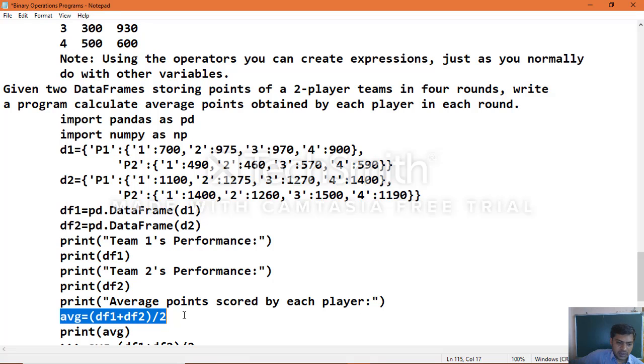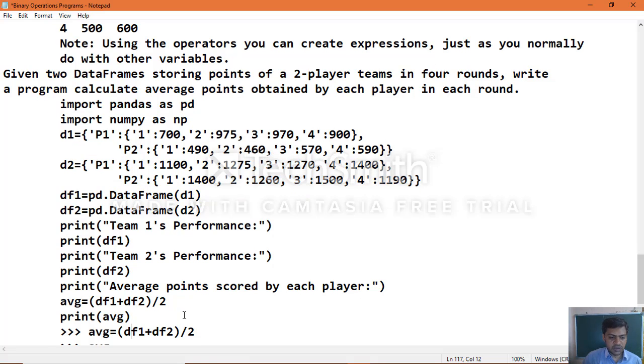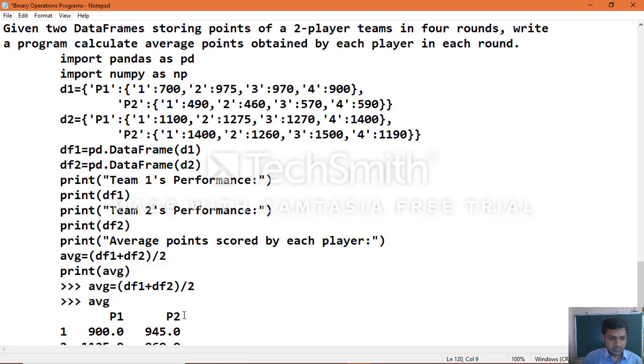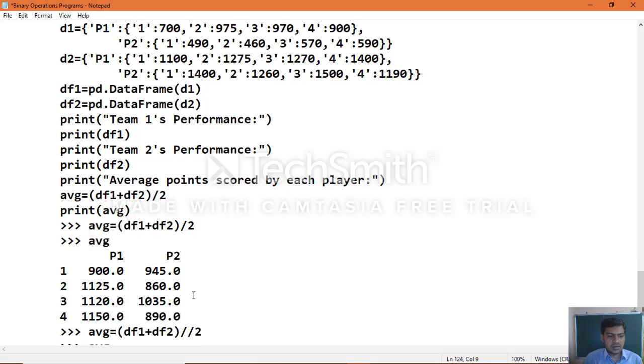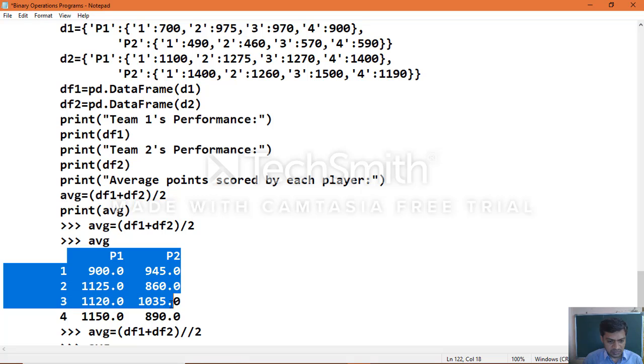Data frame object 1 plus data frame object 2, that sum should be divided by 2 because there are a total of 2 teams. AVG equal to, then print AVG. The sum will be calculated first and then divided by 2, and then you will get the average of each round of each player.